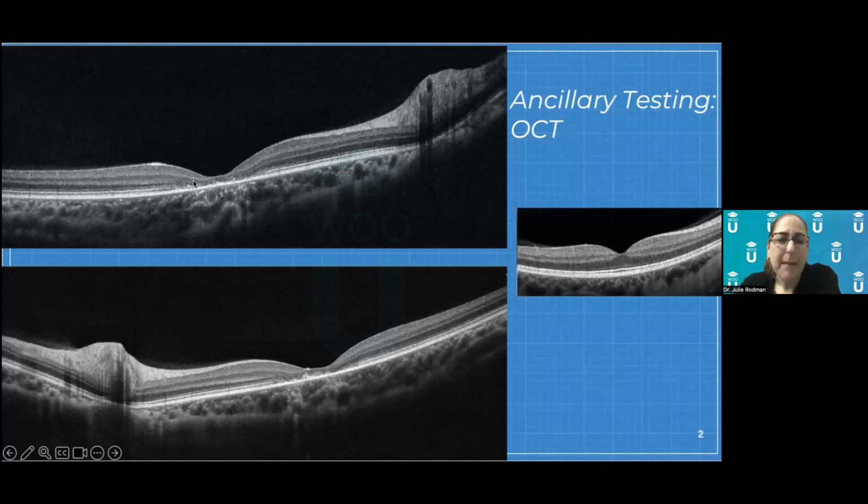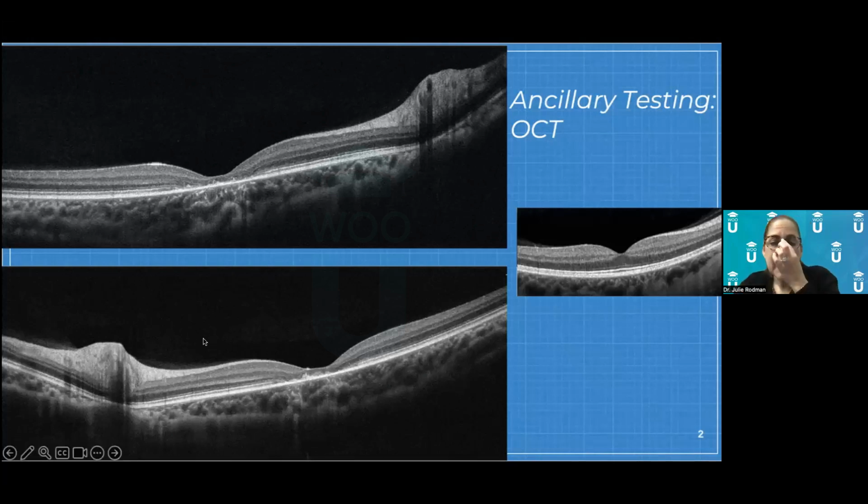And look at what's happening with all of the outer retinal layers. So the first one is your photoreceptor integrity line. It is completely missing from here to here. You can see there are some little specks of hyperreflectivity left there, which means there's some dead photoreceptors. The RPE actually looks okay, but we have honestly a complete loss here of the photoreceptors. That's why this patient could not or did not have any color vision.